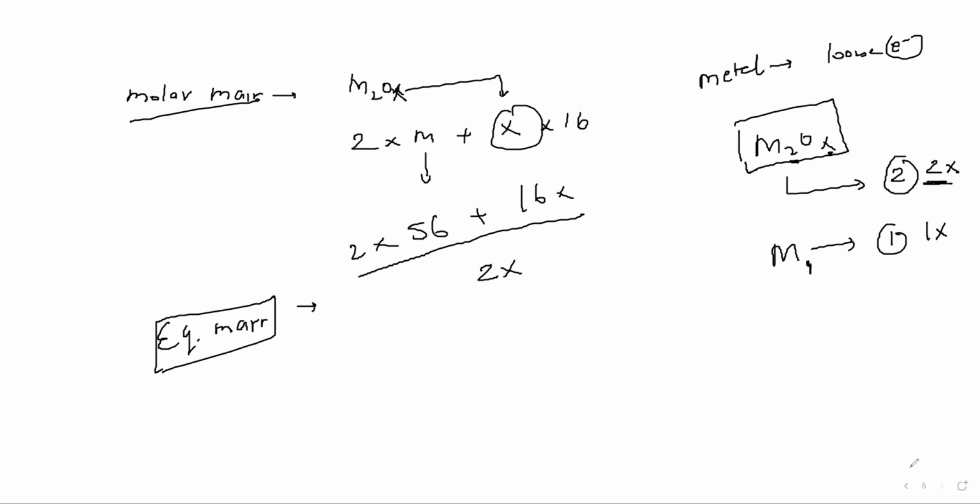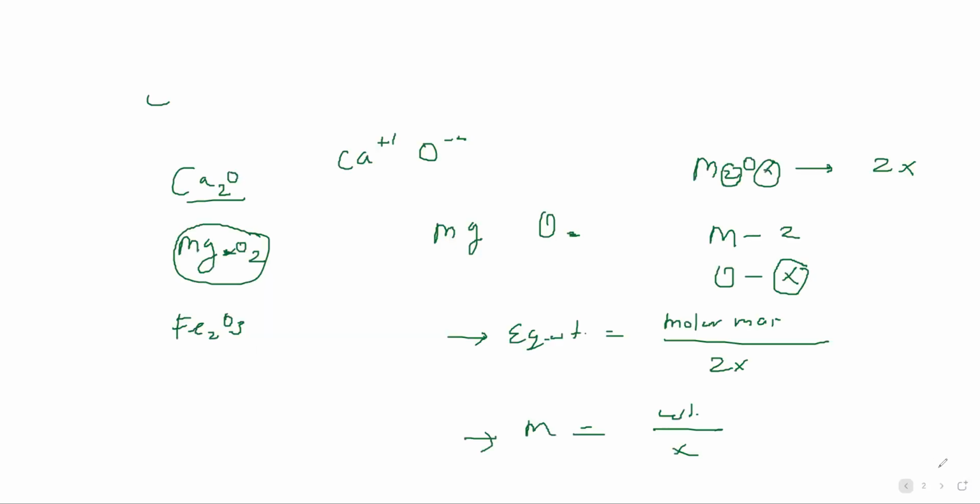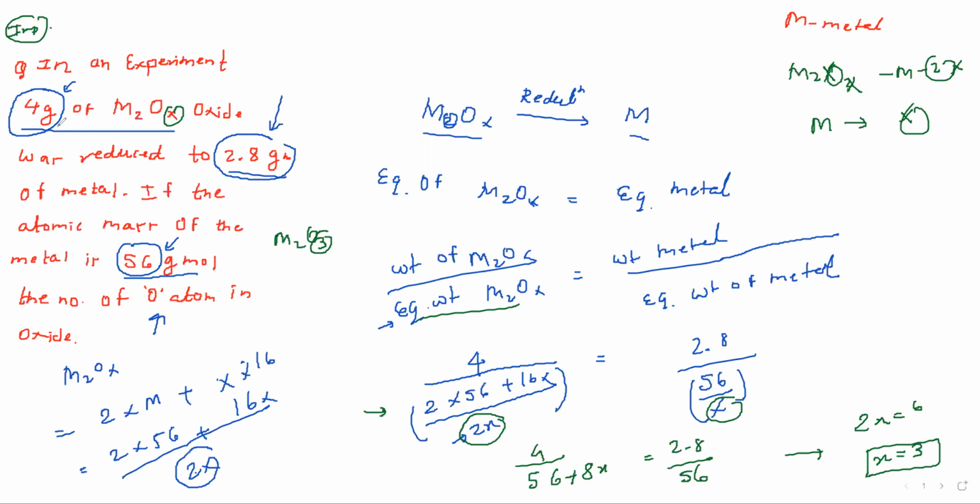See, what does the question say, in a simple format? You have an M2OX. They haven't given you how many oxygen atoms are present. You have to find the empirical formula. What is empirical formula? How many oxygen atoms are there? In that formula, you have to find out. So they have given you 4 gram. Out of 4 gram, 2.8 gram is the metal. So in this particular metal oxide, you have to use the equivalent weight. If you're not going to use the equivalent weight, you will not get the proper empirical formula.